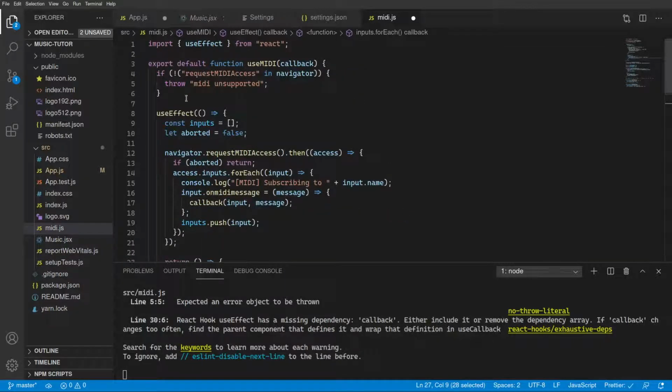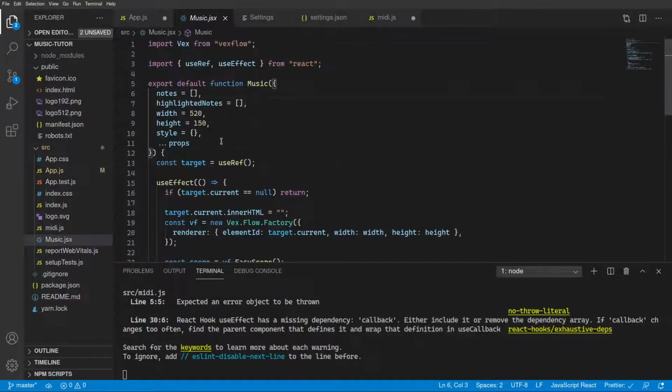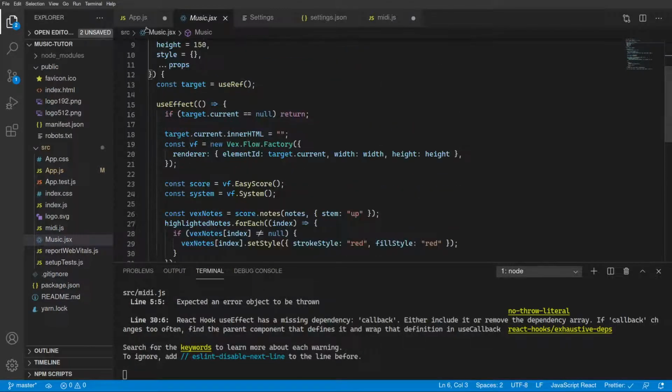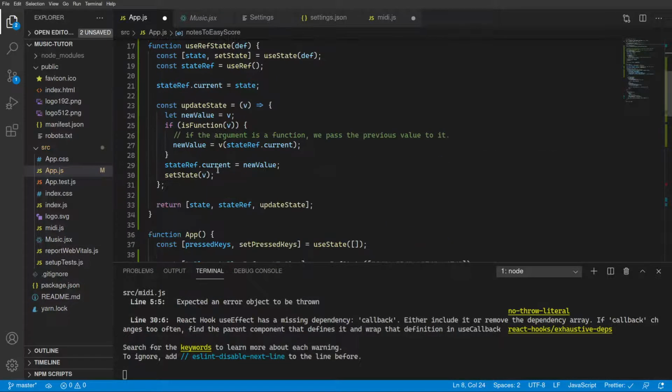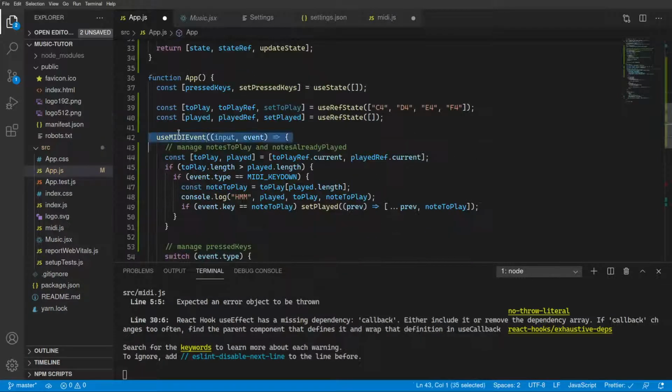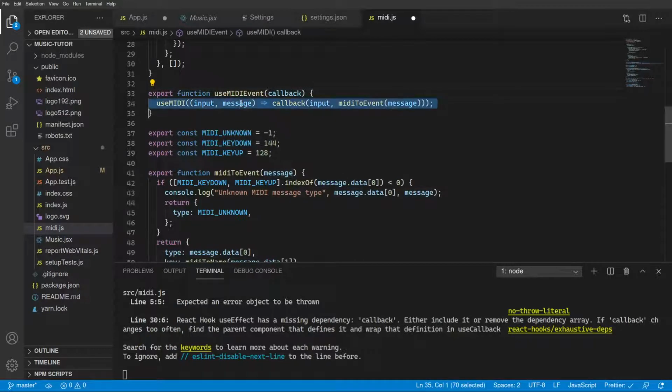Yes, so basically we can use it like this. This is actually quite nice. I use it in here. So basically what I do, I just use MIDI event. Oh wait, hang on, there's another one. I also have a helper function that basically